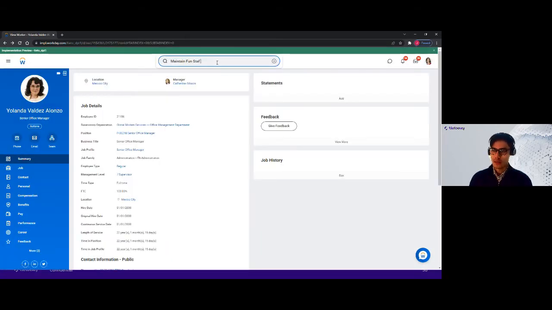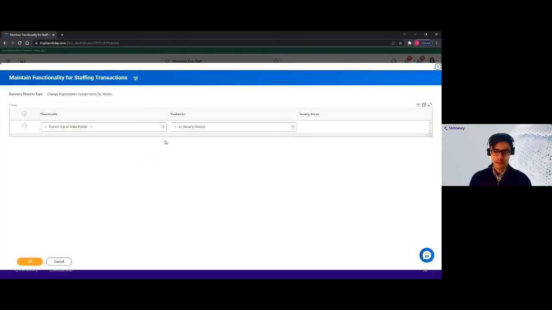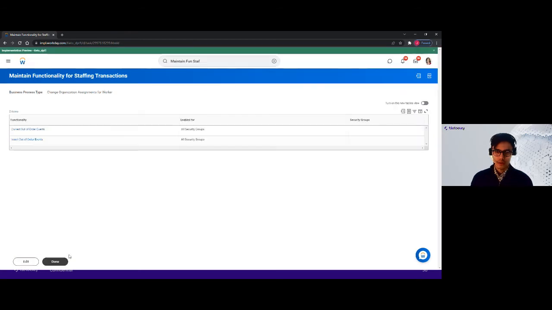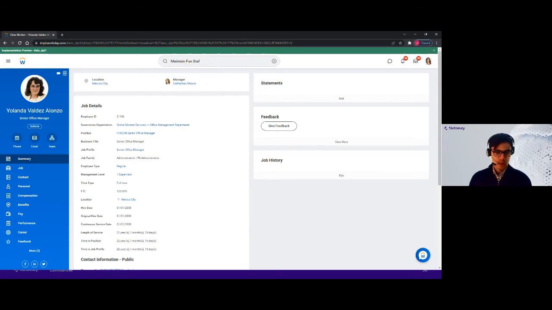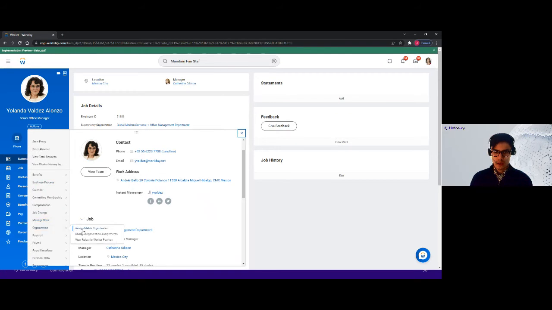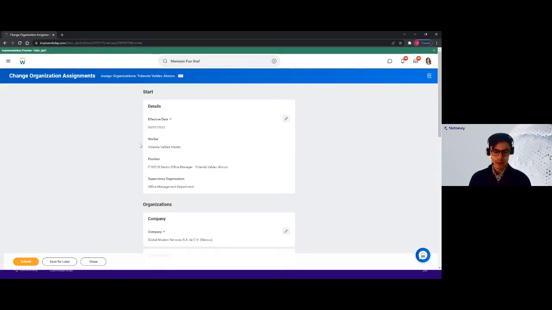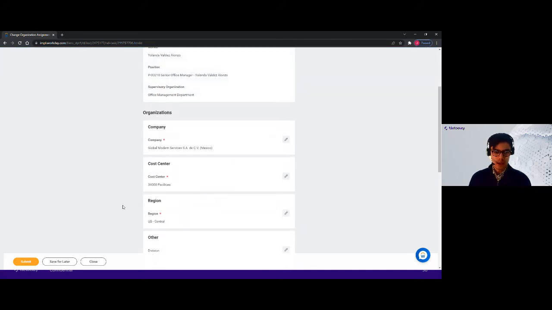maintain functionality for staffing transactions. And I'll add a new row and insert the out of order event. I'll enable it for all security groups. And if I then go to organization, change org assignment, and choose the 1st of March, it is possible to do so. So here I can edit the